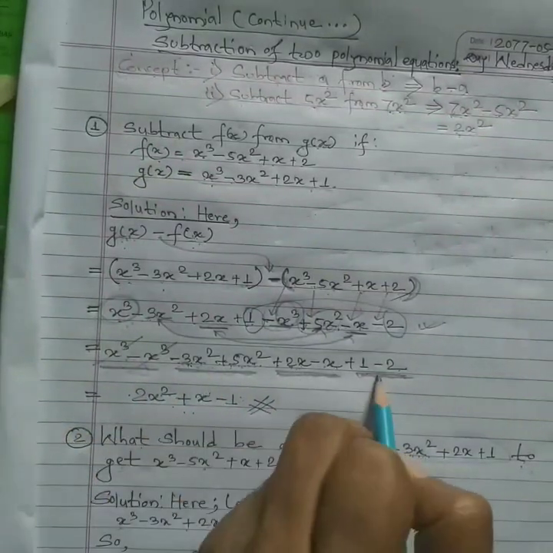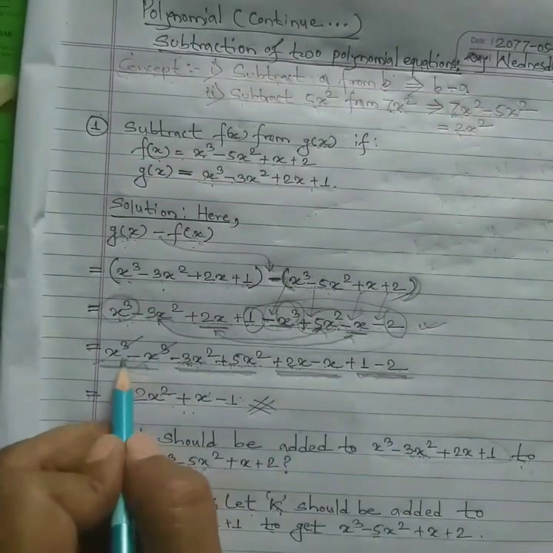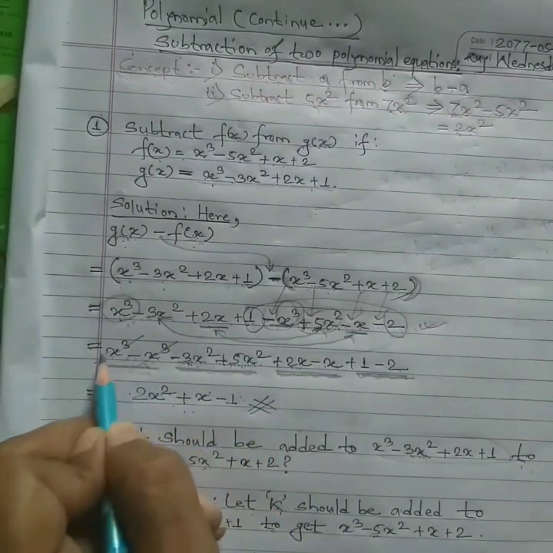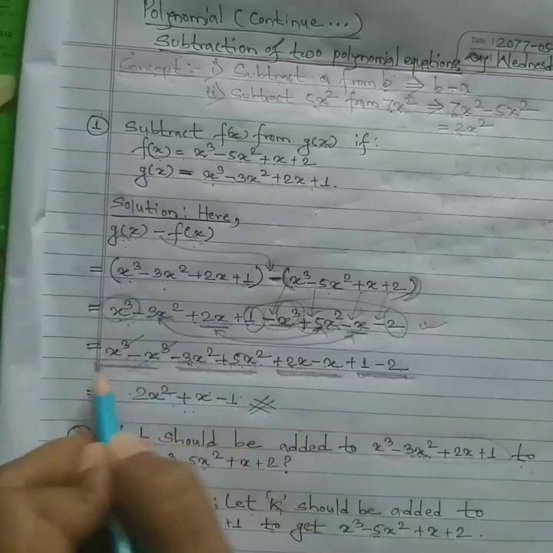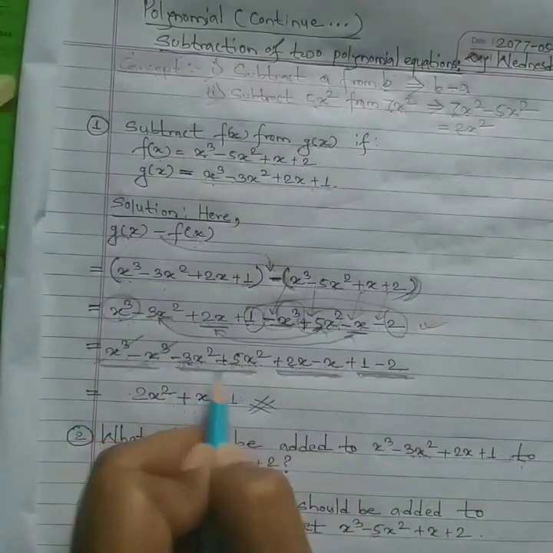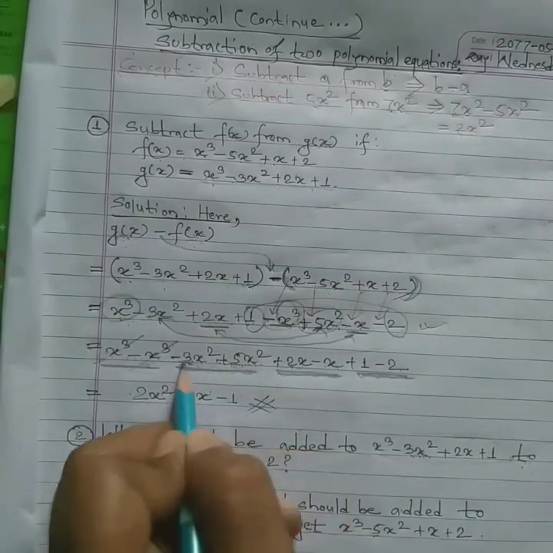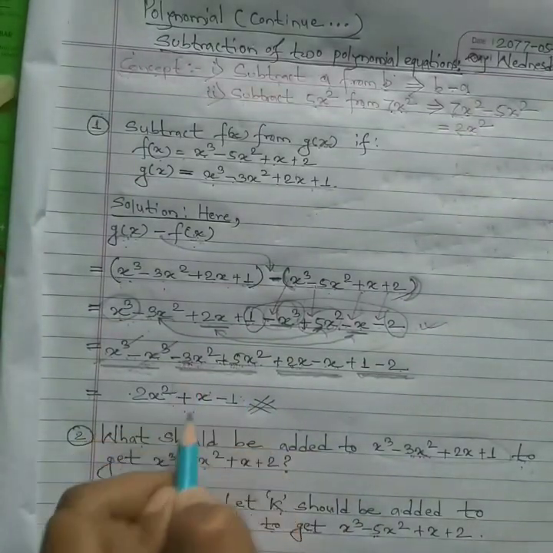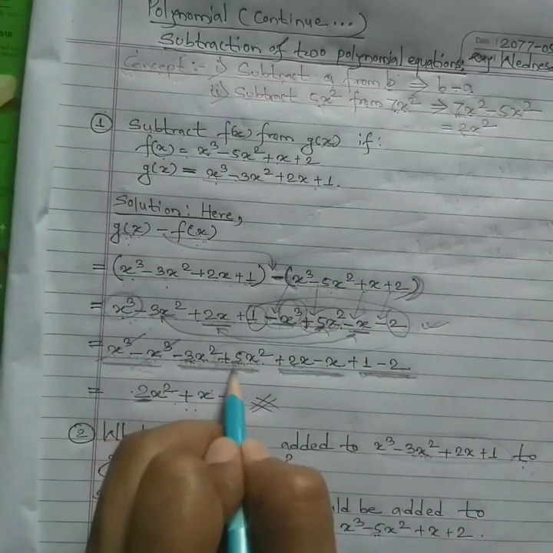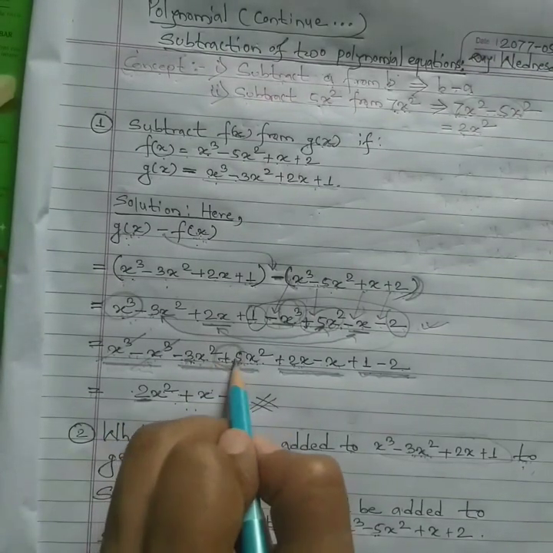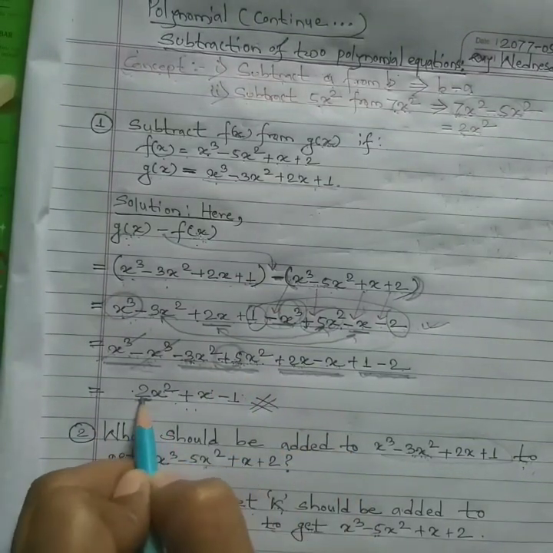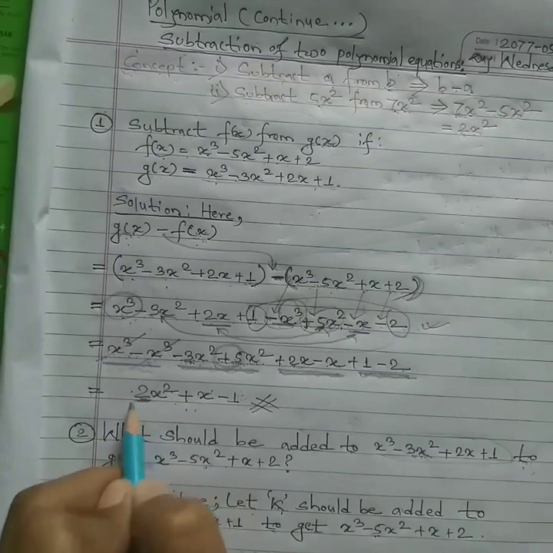While simplifying, we have already discussed, or you know it very well, x cube and x cube are like terms obviously, but they have different signs, so the value is 0 and it simply cancels out. Here 3x squared and 5x squared have different signs, so we need to subtract them, and the difference of 5 and 3 is 2. But we always write the sign of the bigger number. Here 5 is greater than 3, so we write positive 2, but the positive sign is not written in front. That's why it's simply 2x squared.